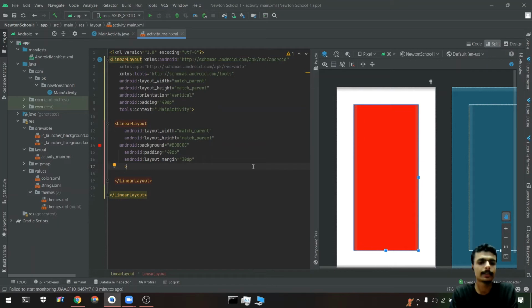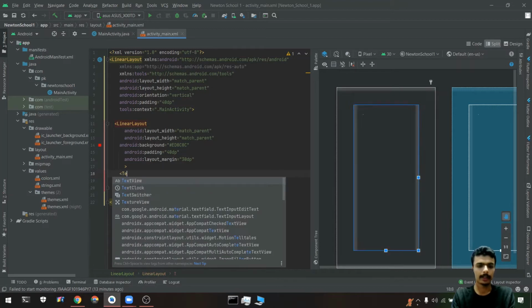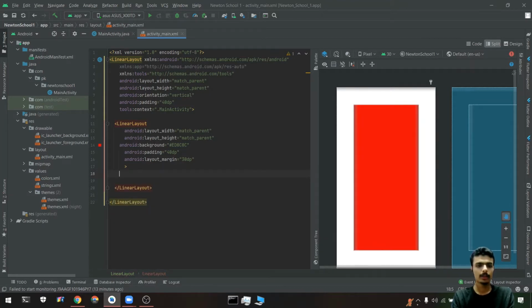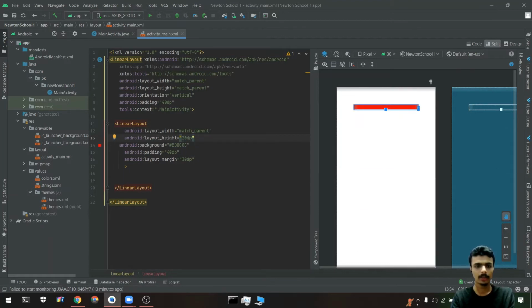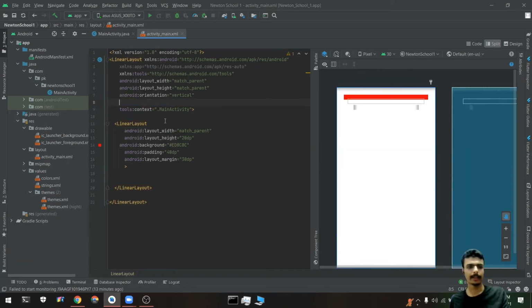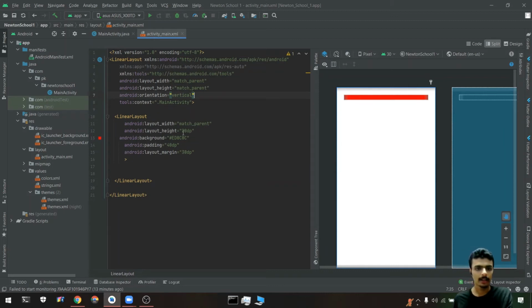Okay, so let's play more with these layouts only. Suppose I want this text view, let's change it from match parent to 20 dp or something. Yeah, 40 dp, 40 dp, it makes some odd things. Okay, 20 dp or something like 50 dp.